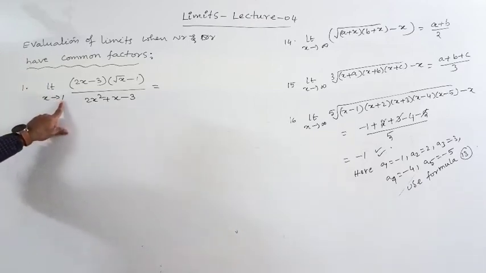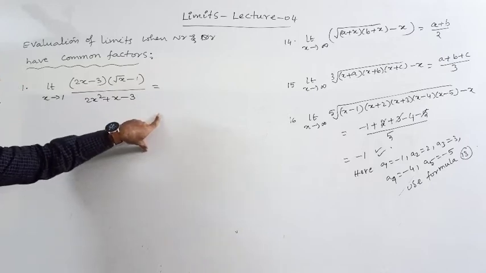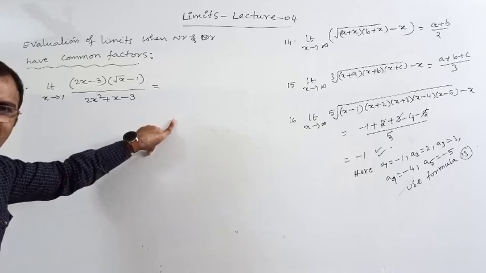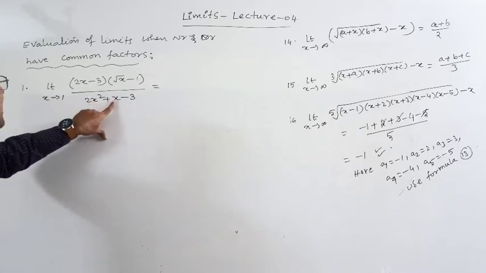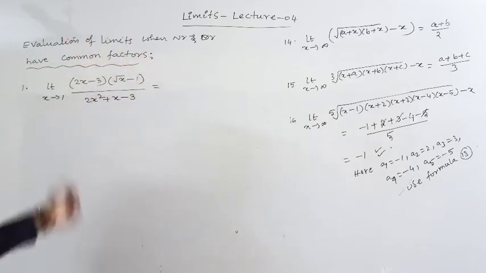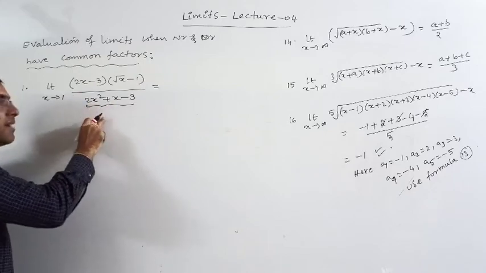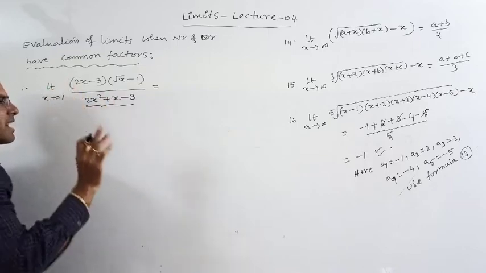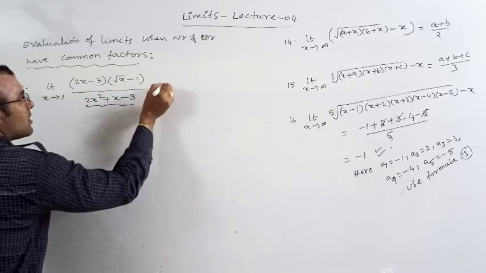When you are substituting x equal to 1, it becomes 0. Again I am telling you, every limit, whatever we are solving, is either infinity by infinity, 0 by 0, or sometimes infinity minus infinity. Those operations also I will write. Now put x equal to 1 here, you will get 3 minus 3 is 0. So the denominator is 0, which means that x minus 1 is a factor of this one. So let us factorize this. Assume this is L.